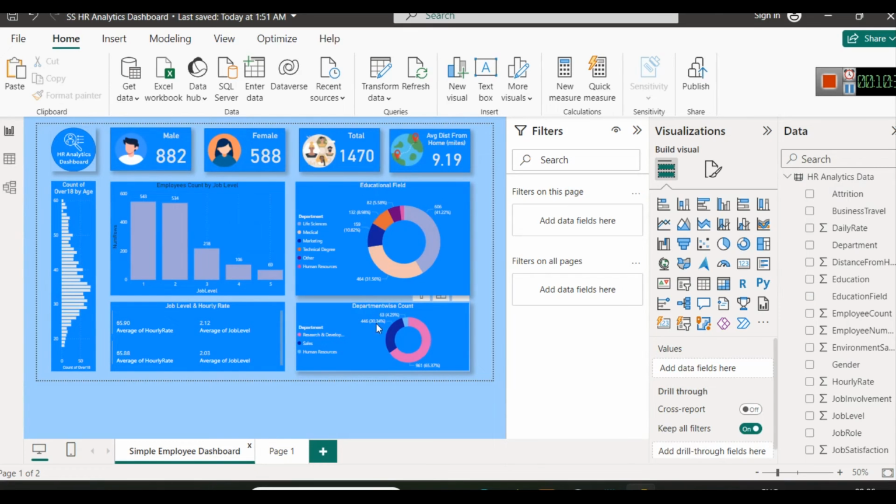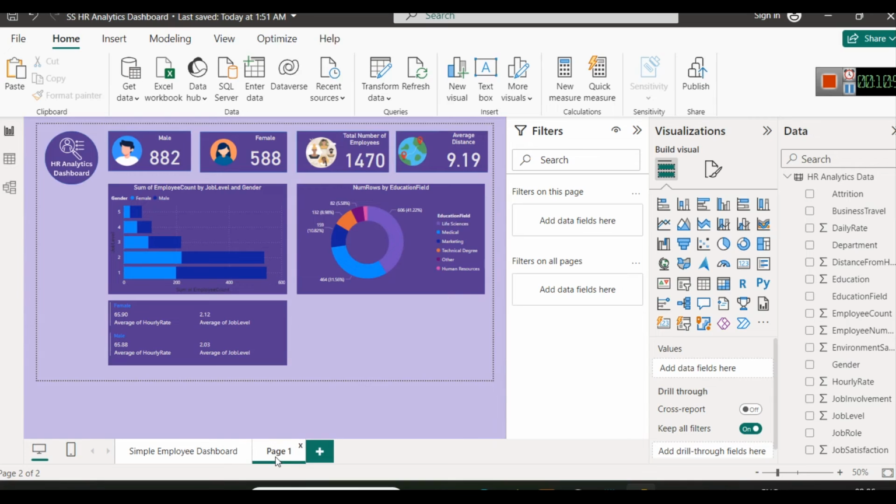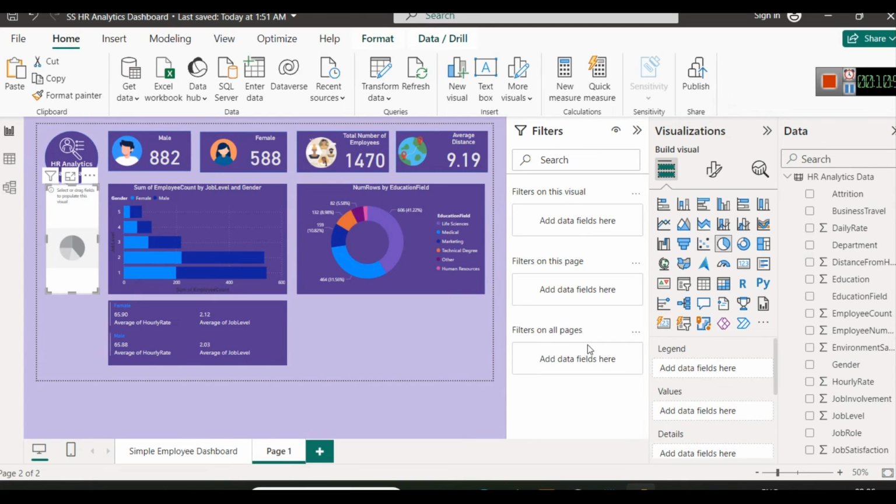This is department count. So this is department wise count. For example, there is research and development department, R&D department, HR department, and sales department. So what number of rows are there in terms of percentage we can display this data. Here we have used a donut chart, but we can also select a pie chart here. So let's select a pie chart,